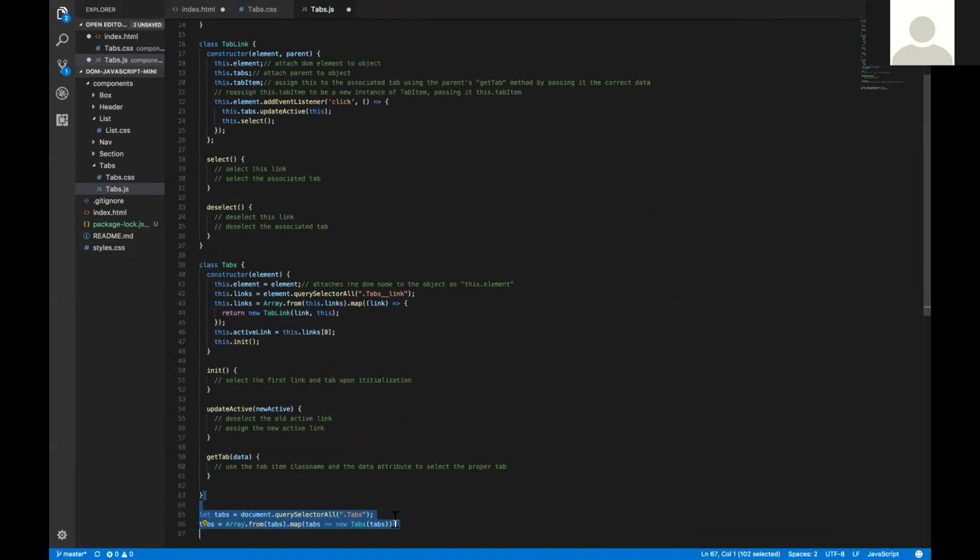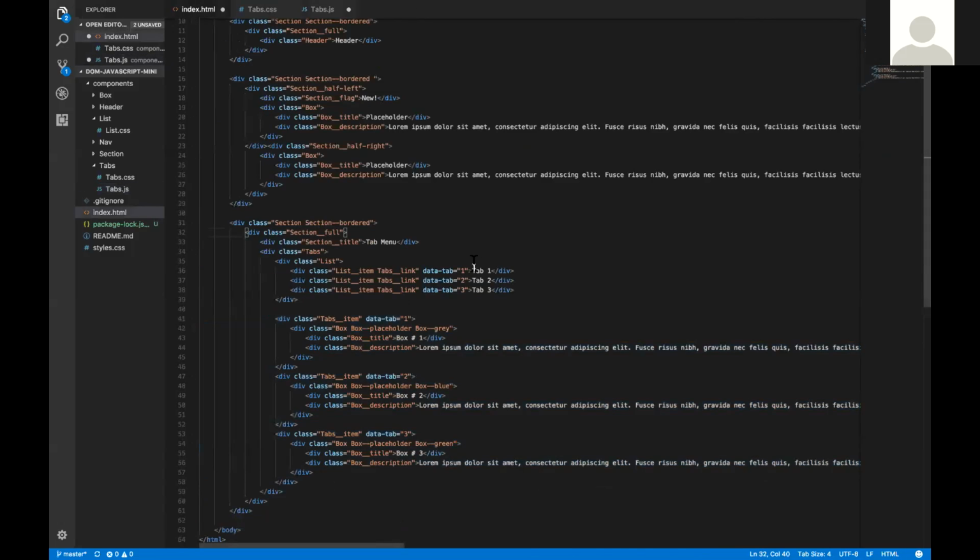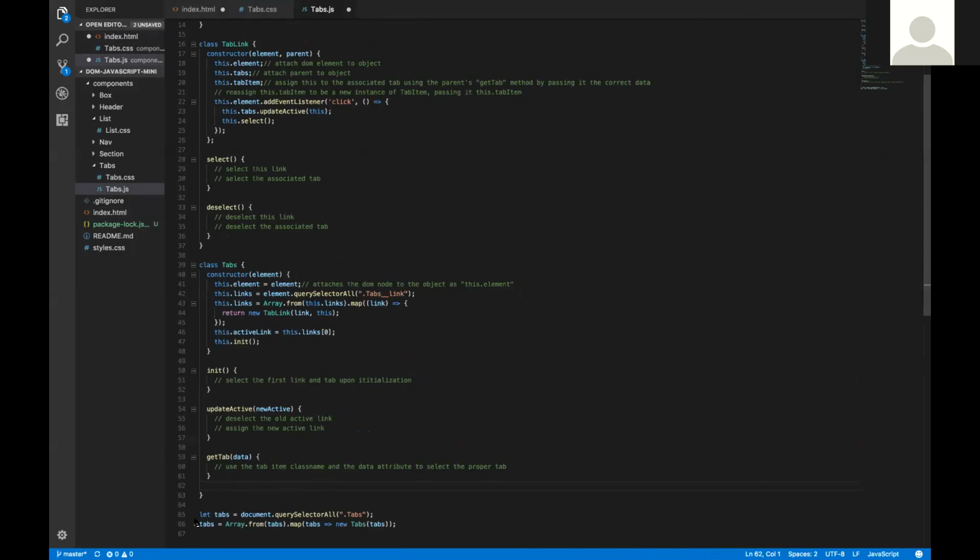It's executing this code, and it's saying querySelectorAll, and it's grabbing the tabs class, and that's going to return one single node. The one single node that it's returning is this node right here on line 34. It's going to grab that node. You can type it into your console and see that. So it's grabbing that node, and then reassigning the tabs variable, saying Array.from